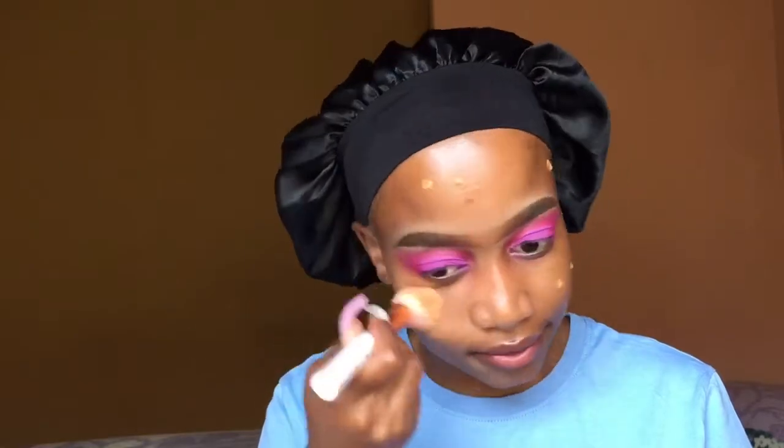The reason why is because, what can I say? Okay, so they didn't have all the shades at Clicks. I even went to town, and the Clicks that we have at our local mall does not sell Rimmel products at all, so I had to go to town and look for it. And then the first time when I went there, I didn't find it actually. I did find it, but then the shades that were there were darker. And then I decided to go back to